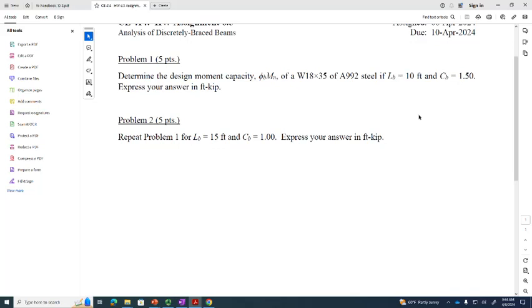And then we're going to get into design mode, okay? We're going to do two different types of discretely braced beam designs, and there really aren't two types. I mean, it's just designing beams. But I'm going to separate those into what I'm calling low Cb value problems and high Cb value problems. And there's a difference between low and high. You'll understand what I mean. We're going to start out with low, and then when you get familiar with that, you get into high, you go, okay, I see what he's talking about.